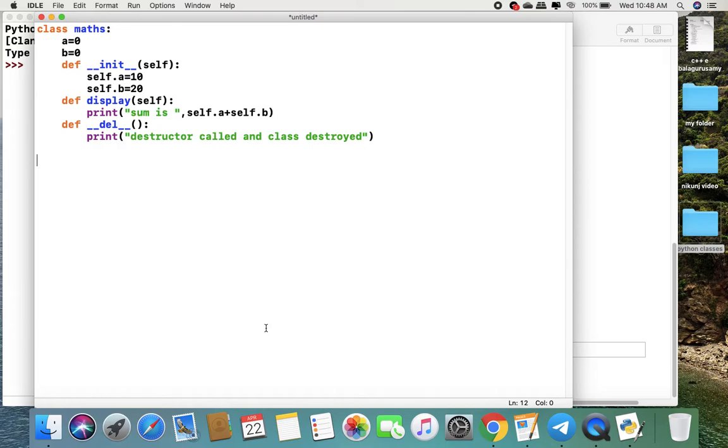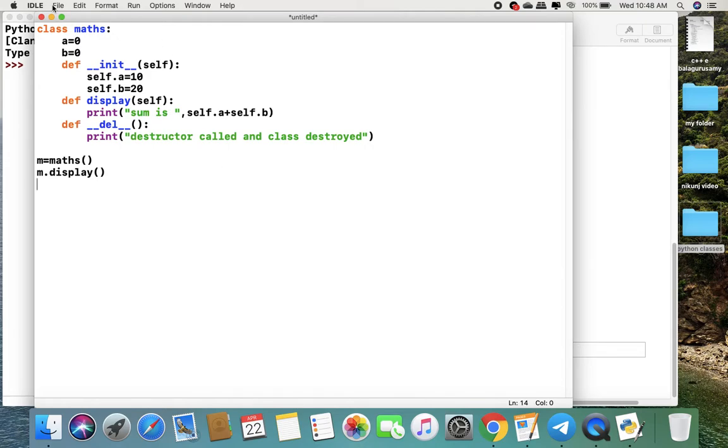Here I create the class object, m = Maths. Whenever we create the class object, the constructor will be called automatically. At that time the value of a will be 10 and the value of b will be 20. Now I call m.display, so it will produce another answer.